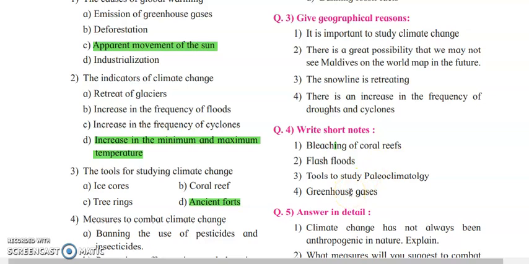Next is greenhouse gases. अभी greenhouse gases मतलब क्या? These are the gases which consist of water vapor, carbon dioxide, nitrous oxide, methane. Okay, so all these gases are going to create more carbon dioxide and it absorbs more heat. So without greenhouse gases, the average temperature of the Earth's surface would be about minus 18 degrees Celsius rather than the present average of 14 degrees Celsius.